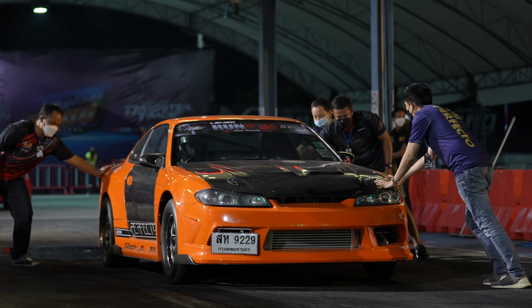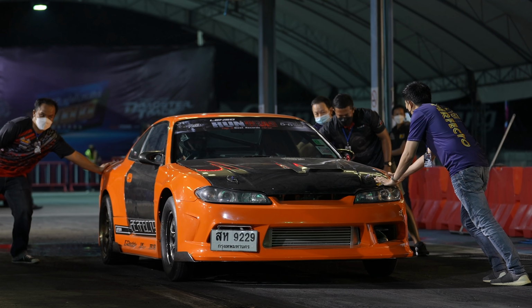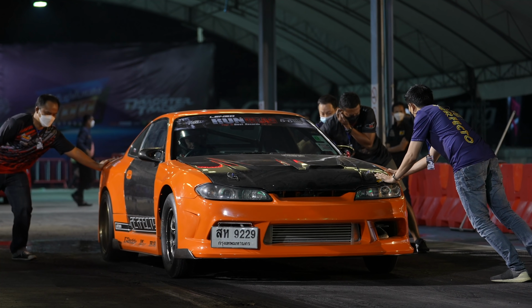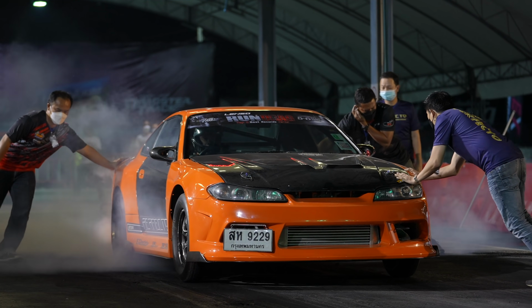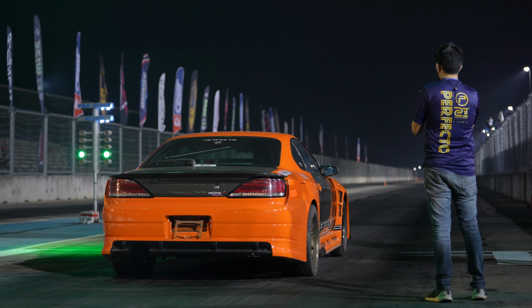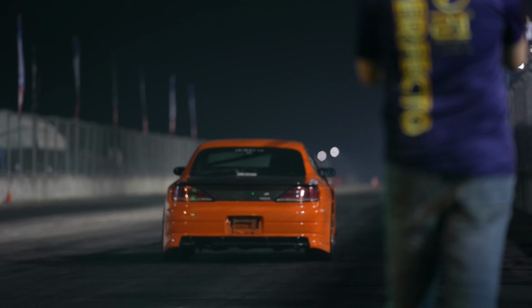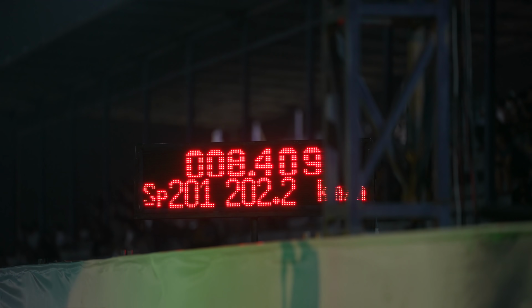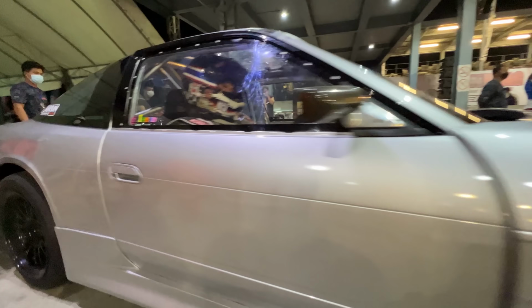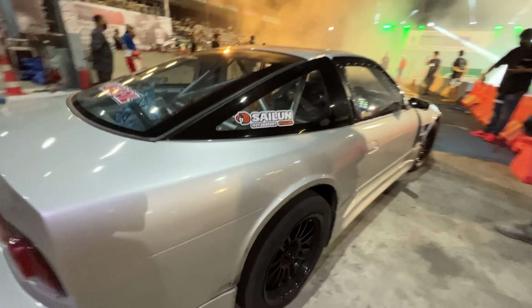Oh, I love this car. That is the orange S15 I was talking about earlier when we walked around the paddock. Beautiful. Check it out. Hippo's up in his S13. I've been super excited to see this car make a pass. This is one badass